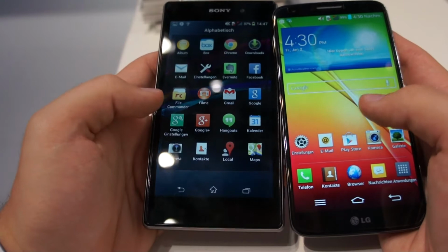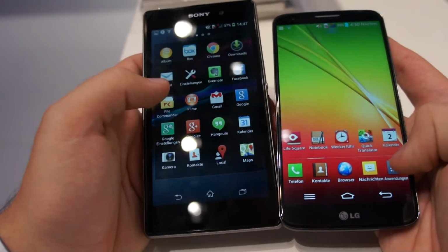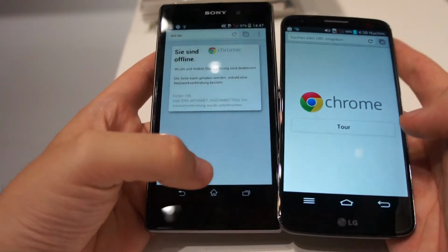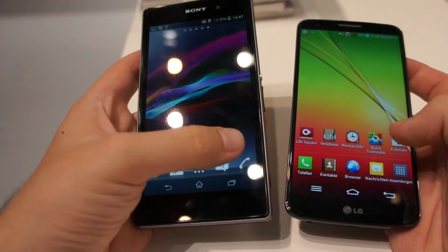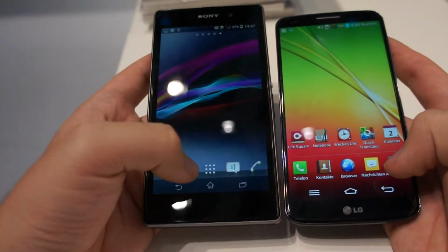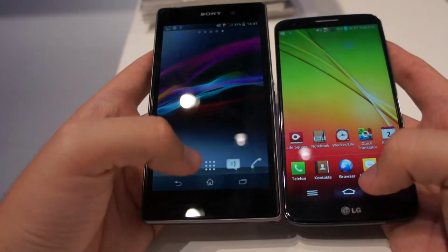Let's open up, let's say Chrome. Where do we have Chrome here? This is Chrome. This is like boom, and it's there. Let's take the other phone. It's there. So you see both devices are very snappy, very fast,